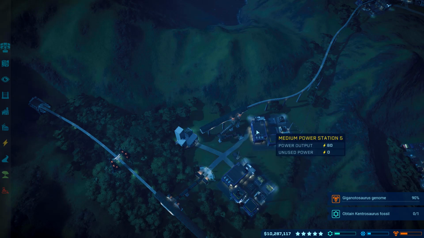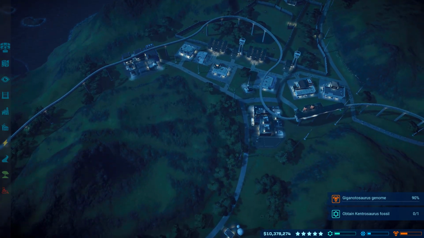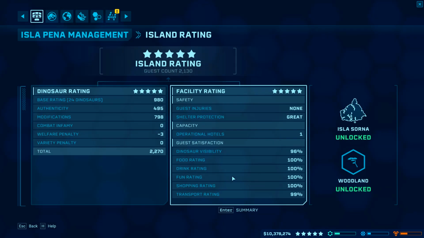Get storm protection for your power plants. That's a good idea. So anyway, there you go. There's a 5-star Pena, and you can see that with this kind of configuration, see the ratings we're getting: 96, hundreds, 99. And I guess the one last thing I could talk about to get these closer to make all these 100